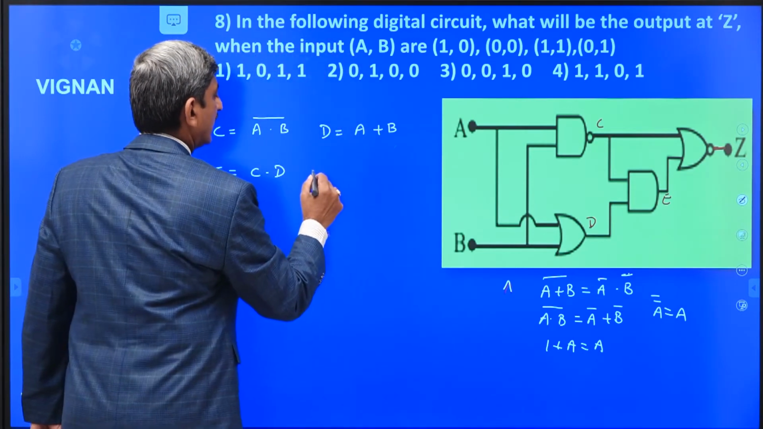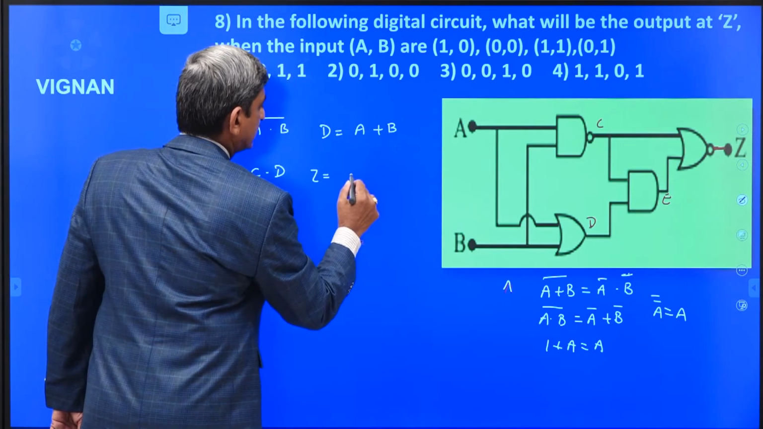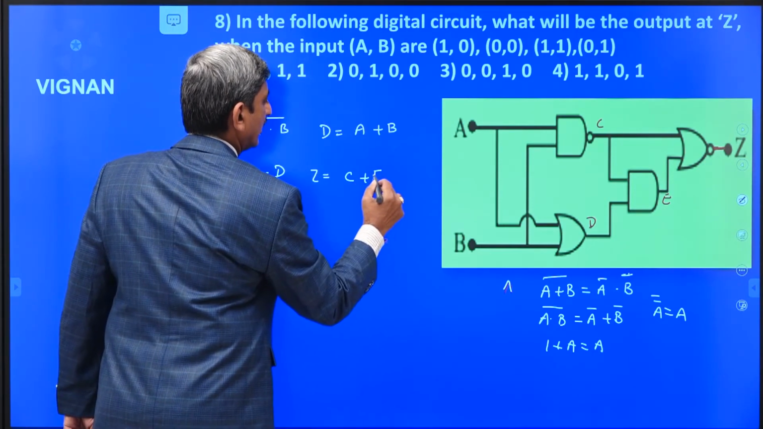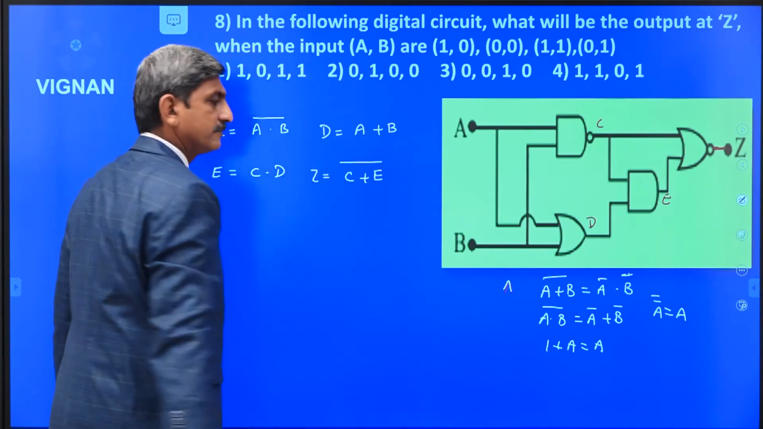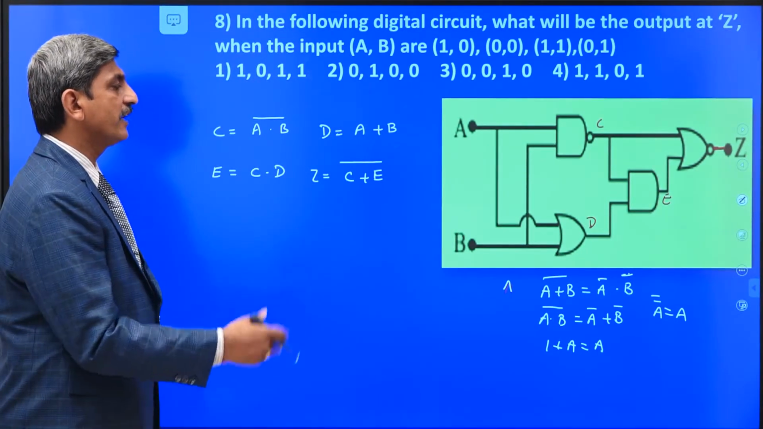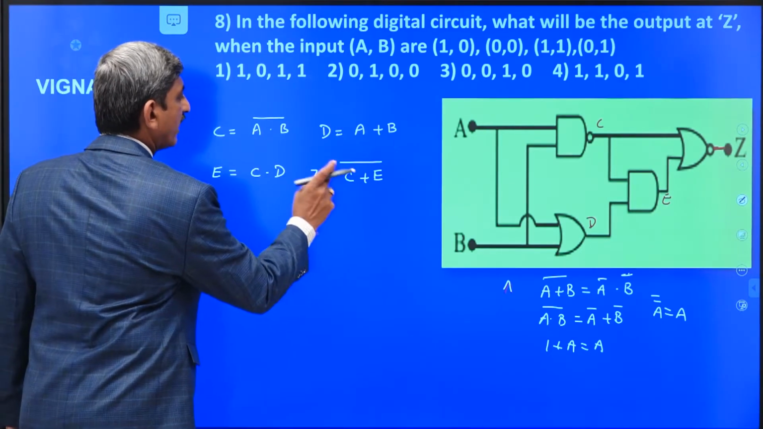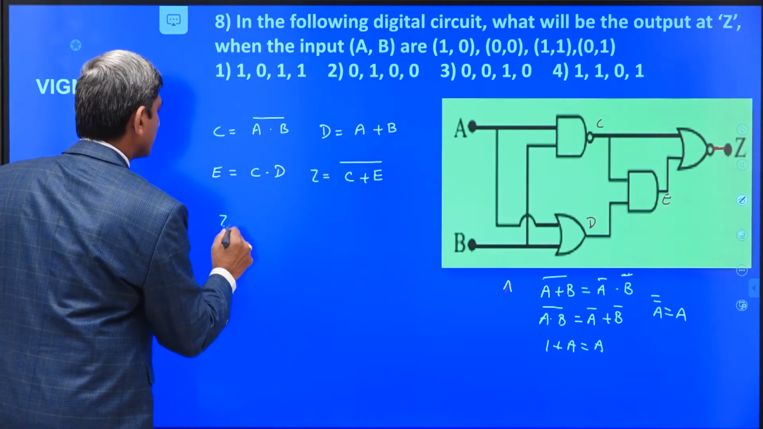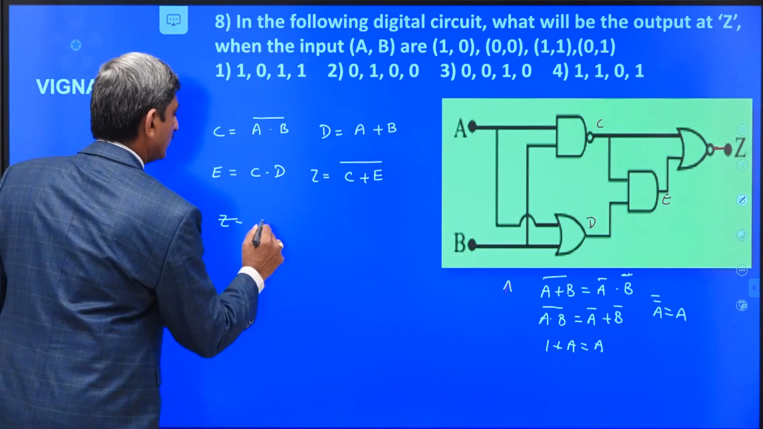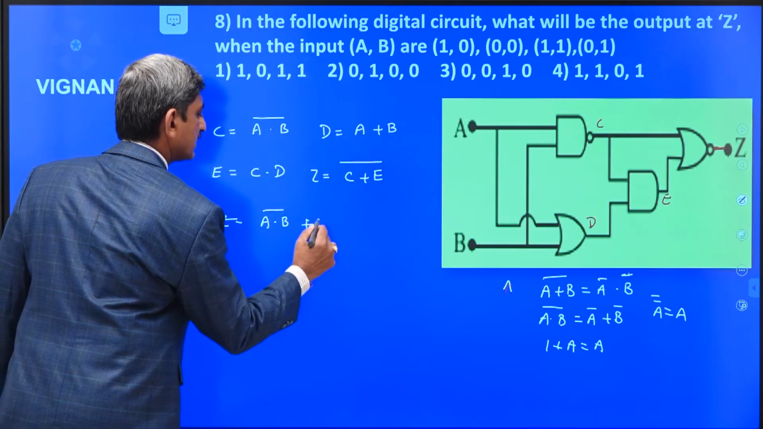C plus E bar. So we have to find out the logical expression Z in terms of A and B. For that, substitute this C value in this equation, it becomes Z is equal to A dot B bar plus